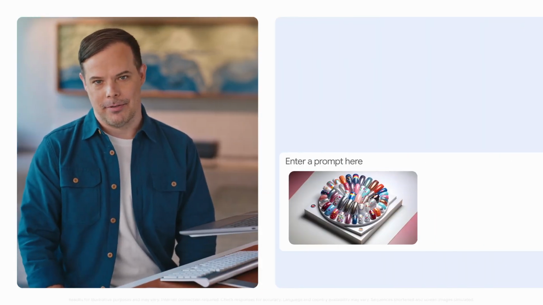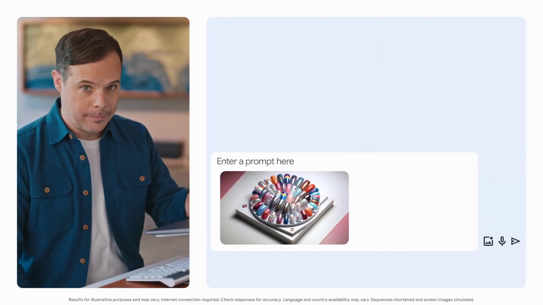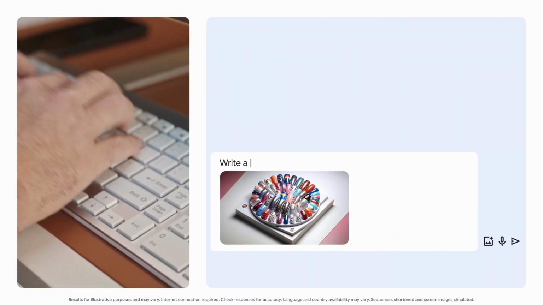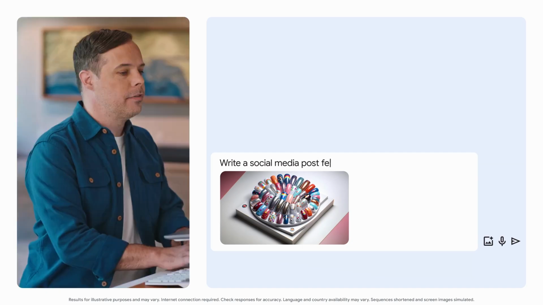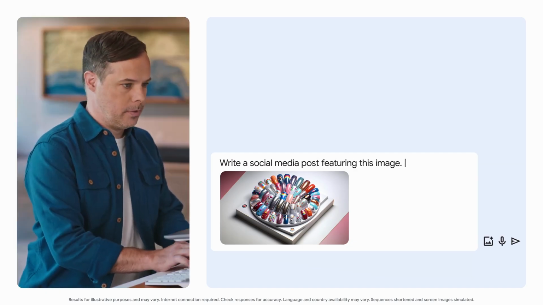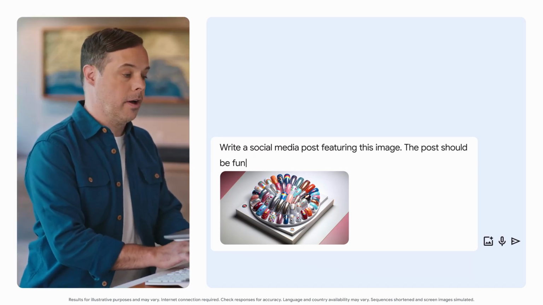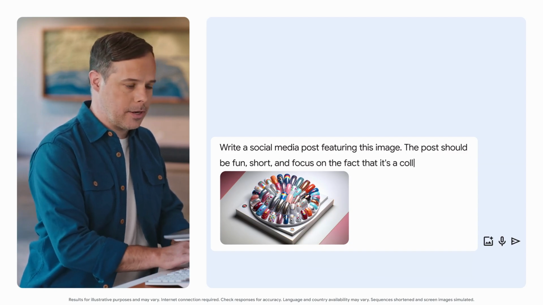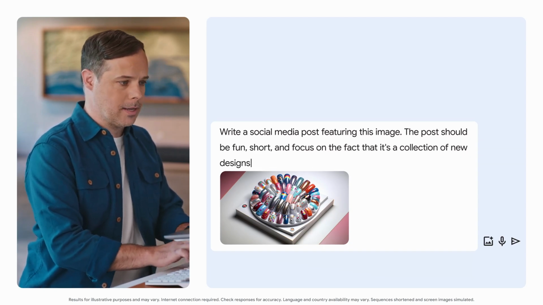Let's imagine you're an entrepreneur who needs help creating social media captions for a new design of nail art you're selling. You can take a picture of your nail art and ask for help writing a caption. Here's a photo of the nail art, and we'll input this into Gemini and prompt, write a social media post featuring this image. The post should be fun, short, and focus on the fact it's a collection of new designs